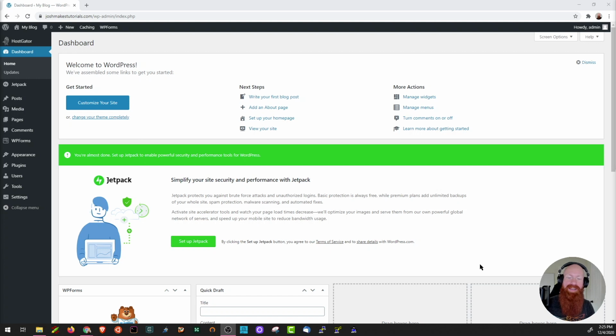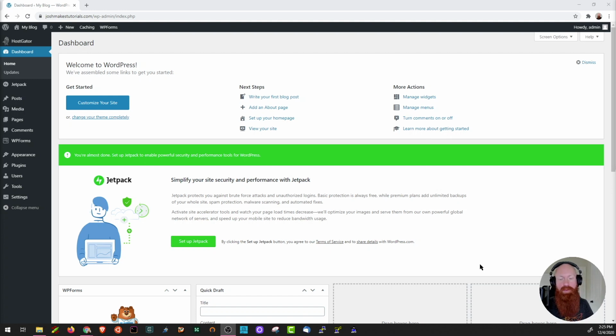The first thing we'll talk about is what a WordPress theme actually is. A theme is short for a design theme, and it's a package of files and CSS styling that determine the design or look and feel of your website. WordPress on its own is like the frame of a house, and now we have to put up the walls and the roof. That's essentially what the theme does.